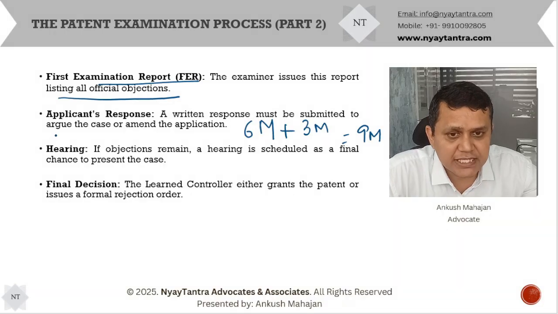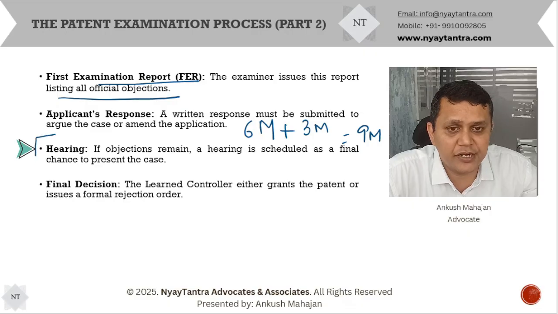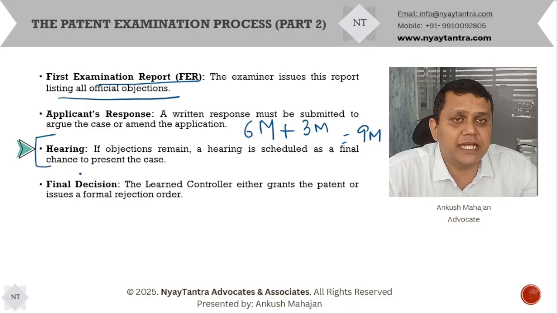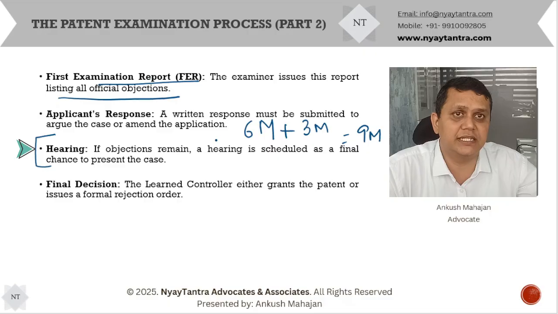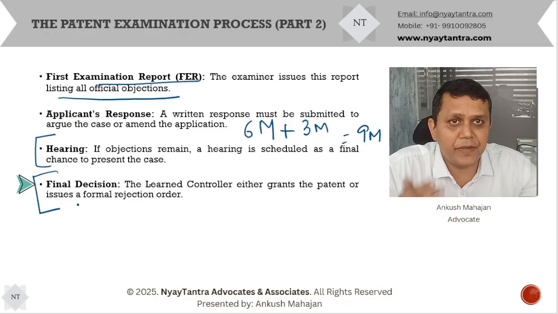And during this process, if the patent applicant intends to appear before the learned Controller for a personal hearing also, then the opportunity of being heard is given to the patent applicant, in which the patent agent or the patent applicant on its own can appear before the learned Controller and try to address the objections which are still pending in the hearing notice. And finally, once you appear before the learned Controller during the hearing and further submit your written submissions before the learned Controller,